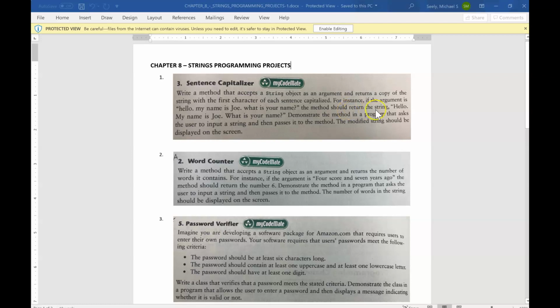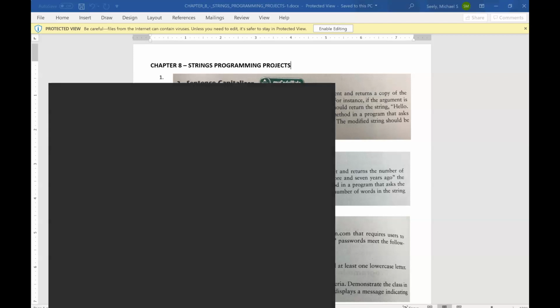The method should return the string hello with an uppercase H, uppercase M for my name is Joe, what is your name? And the W is uppercase. Demonstrate the method in a program that asks the user to input a string and then passes it to the method. The method string should be displayed on the screen. All right, so